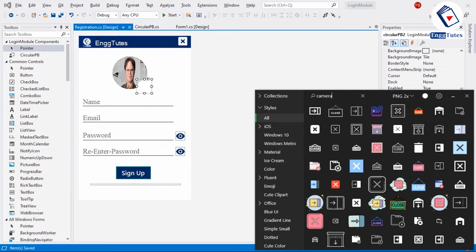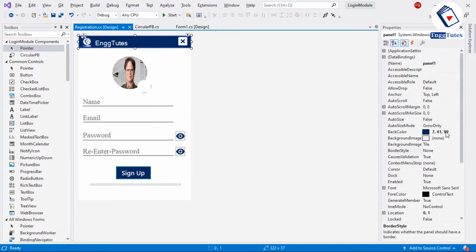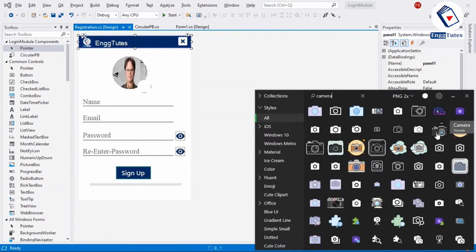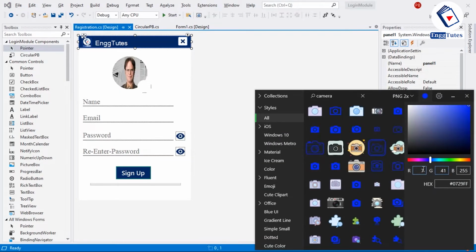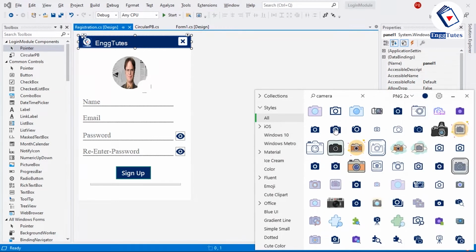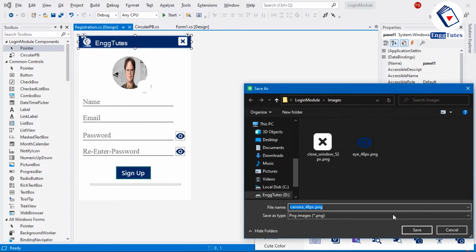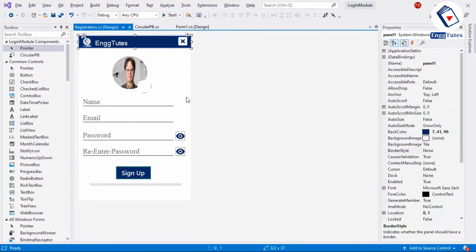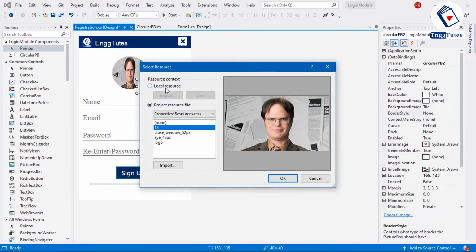Just search for camera, and my theme color is 741 99. So I need a camera in my theme color, that is 741 99. Yes, we can use this particular icon. Just save it to my images, and now choose that image.